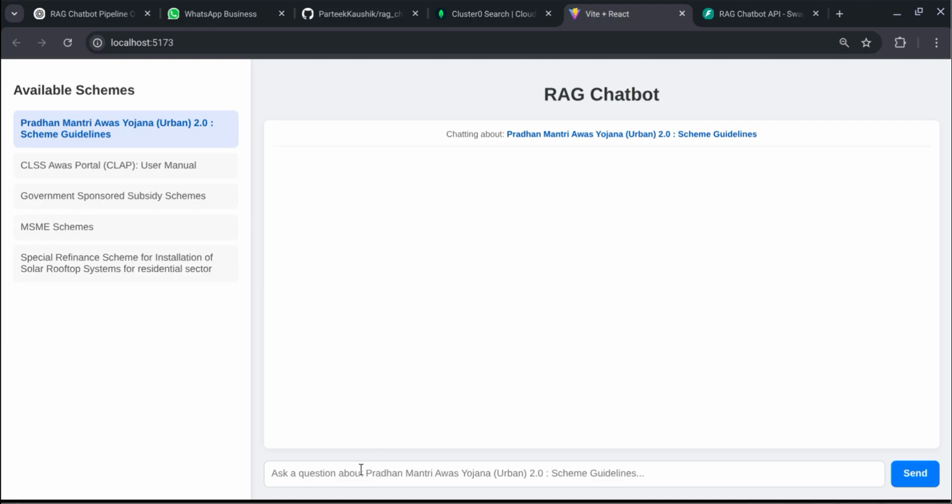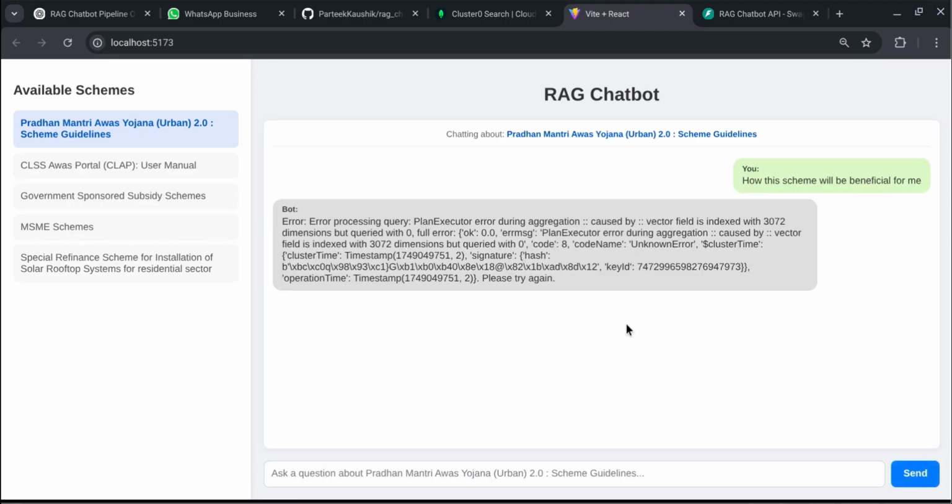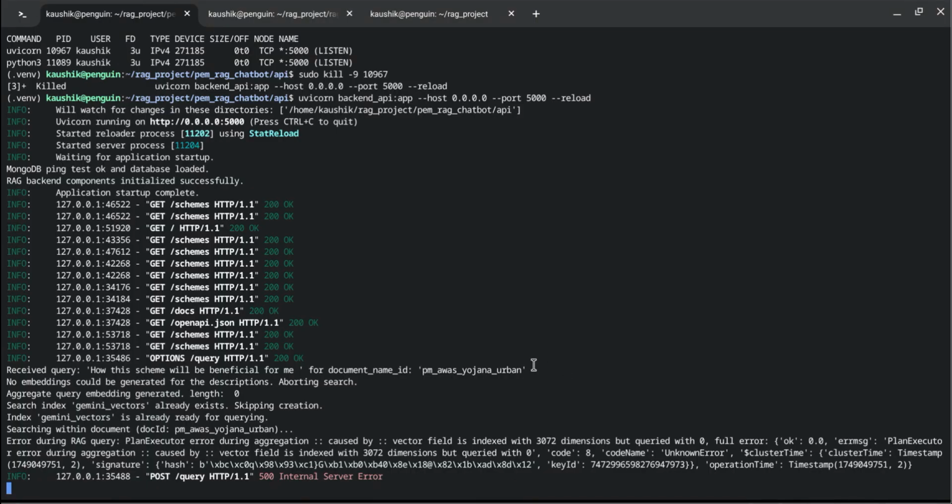Let me show you what the issue is. Let me ask how this scheme will be beneficial for me, and let me send this. So as we can see, I am getting some error here, and if I go to the terminal to get an overview of what the issue is,